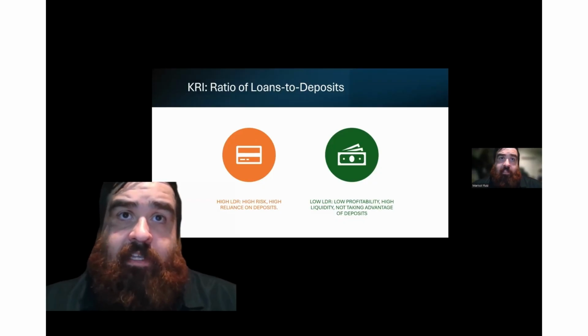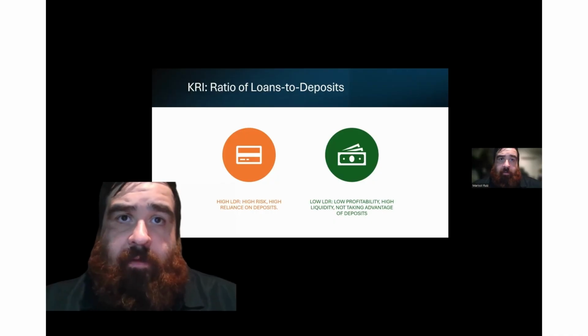The first key risk indicator that I'll be highlighting here is the loan to deposit ratio. This ratio is calculated by taking the total value of loans, dividing it by the total value of deposits, and multiplying it by 100. Ideally, JP Morgan Chase should aim for a loan to deposit ratio between 70 and